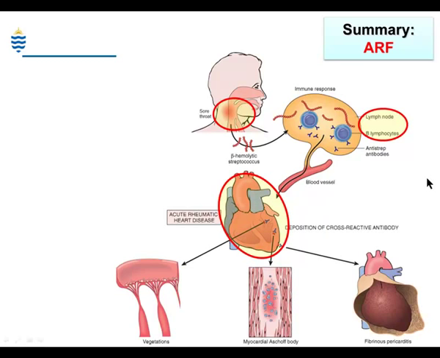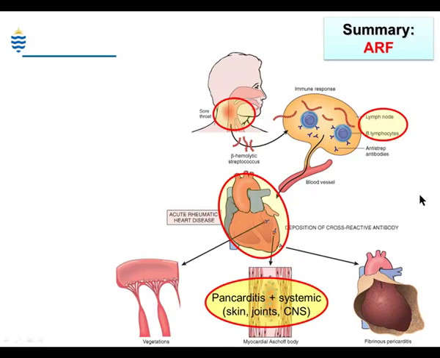Acute phase. In the heart, endocarditis at the border of the valves, within the myocardium and over the epicardium. So it is a pancarditis, plus systemic involvement of skin, joints, meninges, CNS,